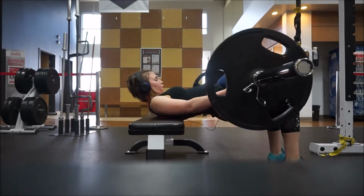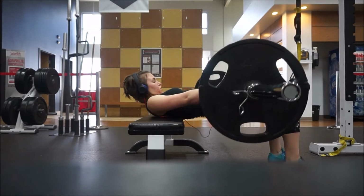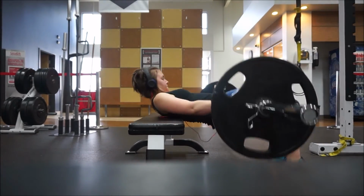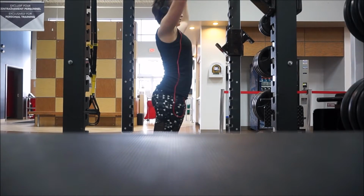So here was my second set at 135, and I decided to use the yoga mat, which felt a lot better, but it still really hurt, and I felt like I could have gone a lot heavier if it wasn't for that. I guess I forgot to film my third set of my hip thrusts,